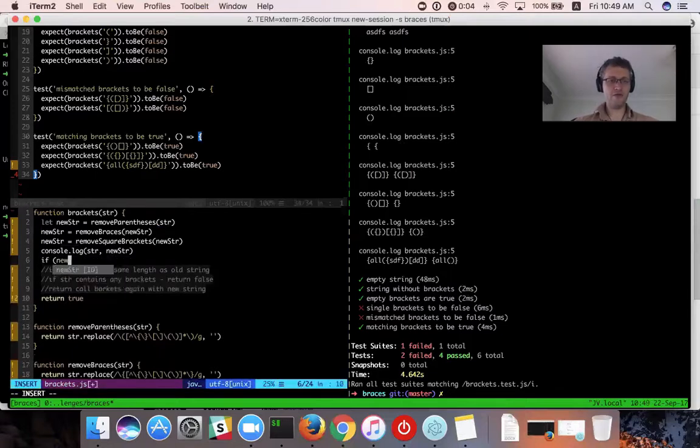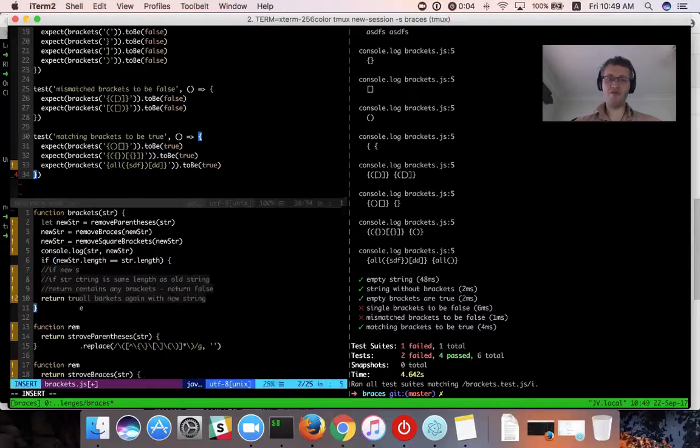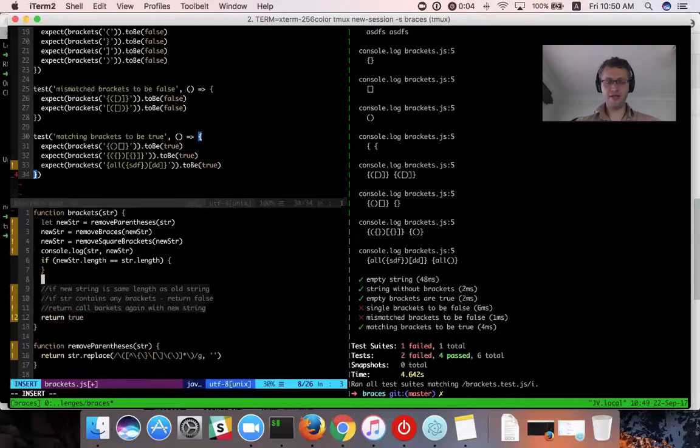So if newString.length equals string.length, so obviously it hasn't, because I'm not inserting anything, that means it definitely has busted out from it. That means that it hasn't matched anything. So we're either empty string or invalid. So I would do